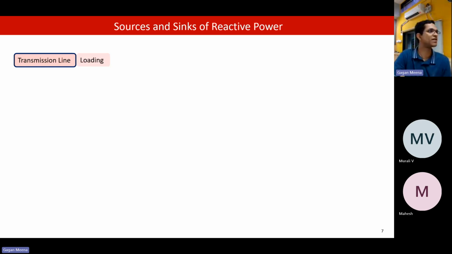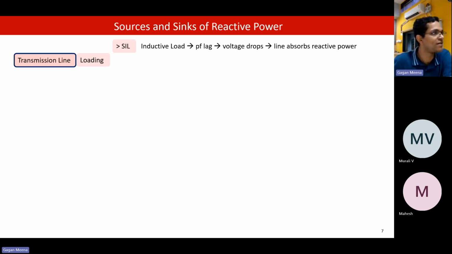First is the transmission line. Whether the transmission line will be a sink or source of reactive power depends on the loading of the transmission line, and it depends on the surge impedance loading. If the loading is more than the surge impedance loading,